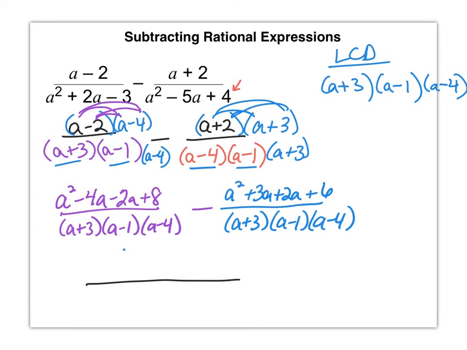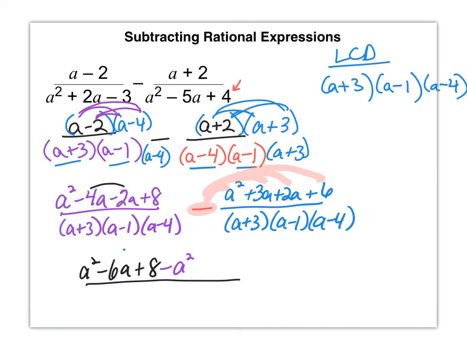And in the numerator, we have a squared. I'm going to combine these like terms here: minus 4a minus 2a. Those are like terms, so I'm going to write this as minus 6a plus 8. Now be careful here in our next step because we are going to distribute this negative to each one of these terms. So we are subtracting that entire quantity. So we're going to have a minus